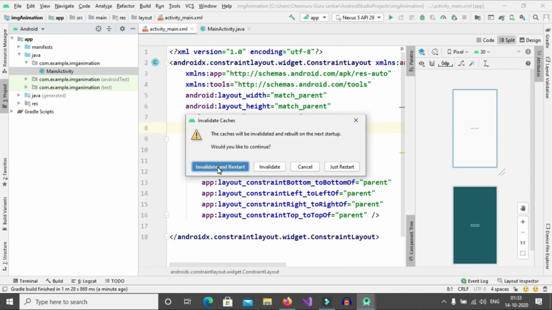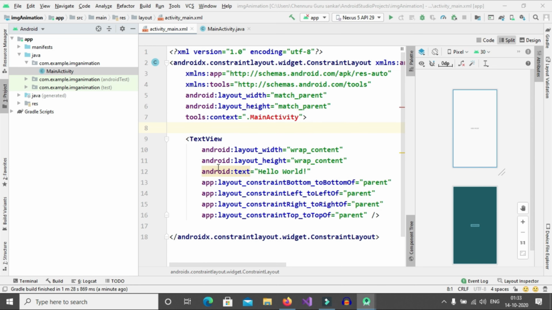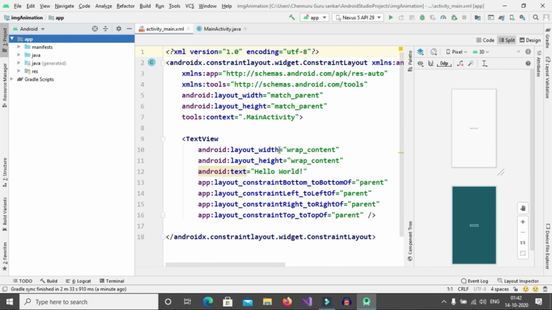Then select Invalidate and Restart. Our Android Studio will close. We need to start it again. After doing this, you won't get the unresolved class MainActivity error.